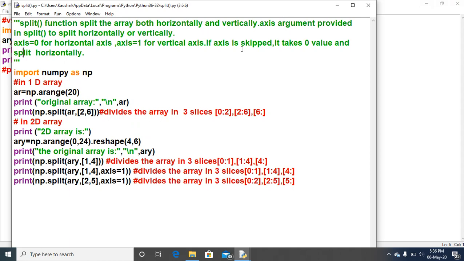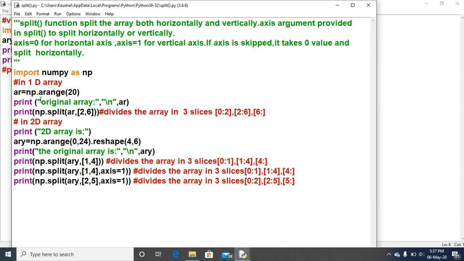Okay, so there are three ways: vsplit, vertical split, or the same vertical split through split, where axis equal to 1 you need to specify. Or if we want to perform the split function horizontally, then you use axis equal to 0 as the value for the argument. You will see here I have created the split function for 1D as well as 2D arrays in the same program. It is not written separately. In the same program, 1D as well as 2D array splitting is there with the use of the split function.